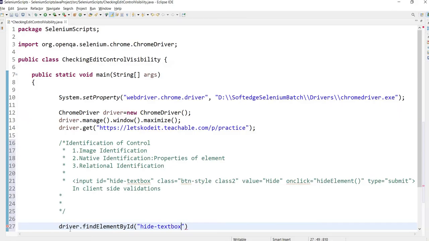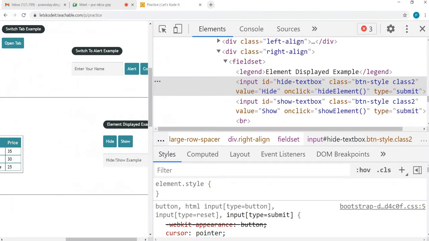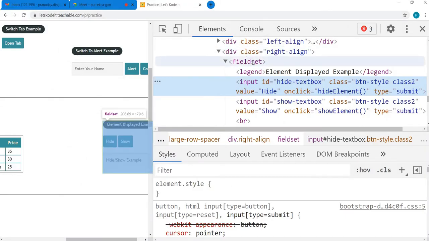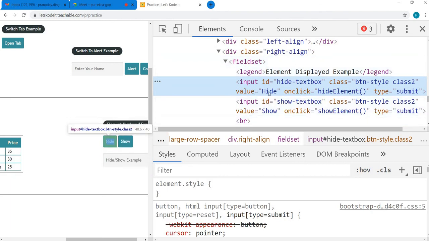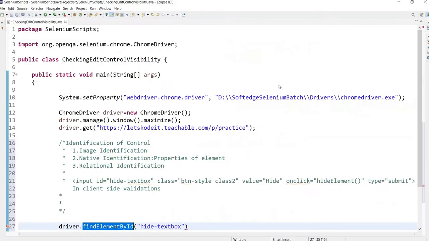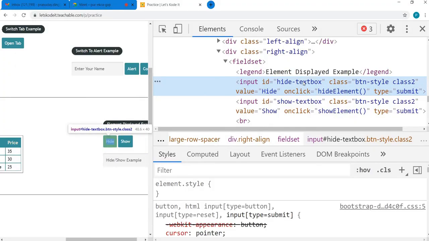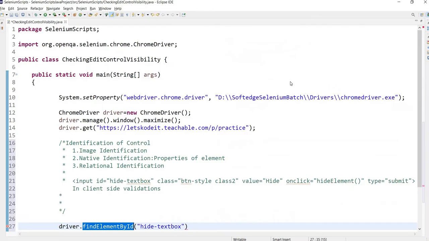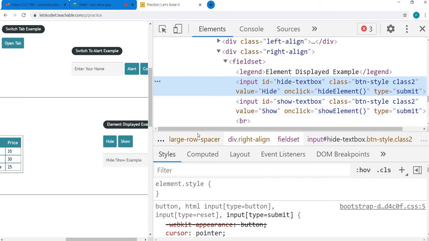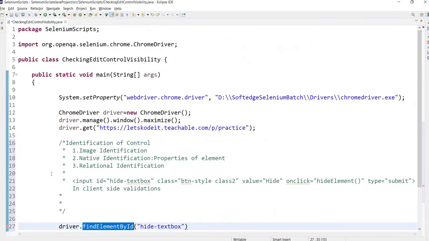So we are instructing our driver to translate this API into Chrome's native automation API, which will be responsible for finding an element in the browser DOM having ID set to this value. So it will go here, find the element, and that element's scripting reference would be returned to us.